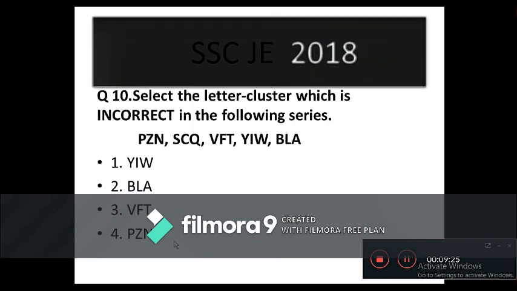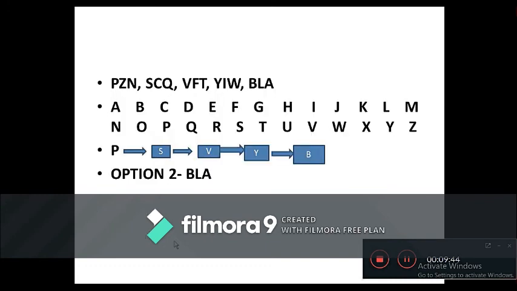Question number 10. Select the letter cluster which is incorrect in the following series: P, Z, N, S, C, Q, V, F, T, Y, I, W, B, L, A. In this type of question we have to find the incorrect letter in the series. To solve this type of question, first of all we have to write the alphabet: A, B, C, D, E, F, G, H, I, J, K, L, M, N, O, P, Q, R, S, T,